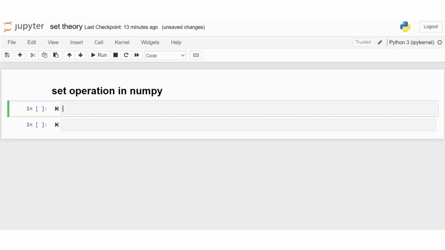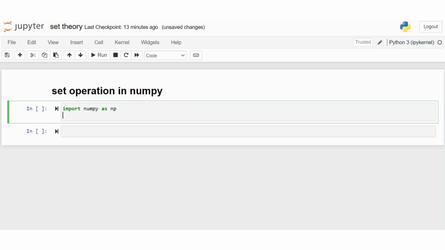Now let's create a set. First, import numpy as np, and suppose we create a list and convert it to a set. my_set equals the np.unique method, which returns the set.